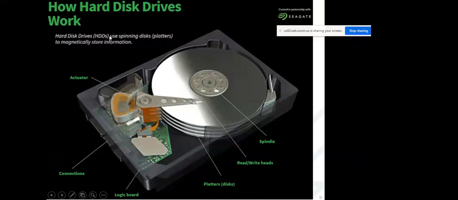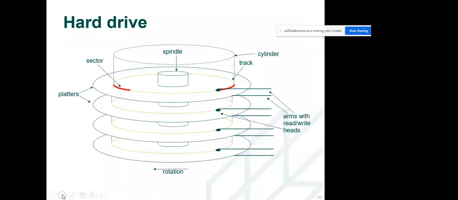Hard disks use spinning disk platters to magnetically store information. With the read write head, it reads your data and writes also. This internal spindle rotates, and the disks are connected.